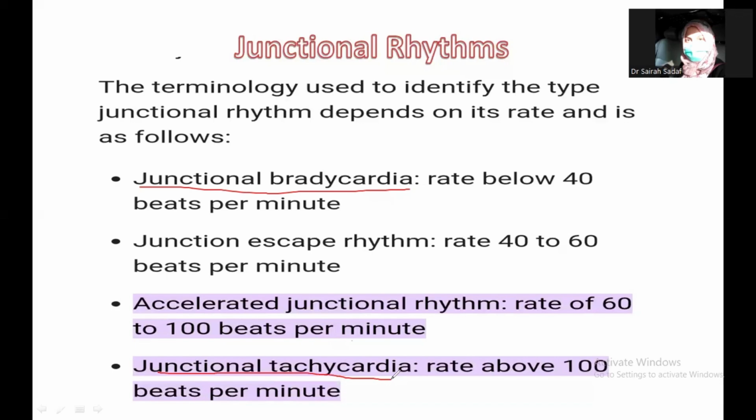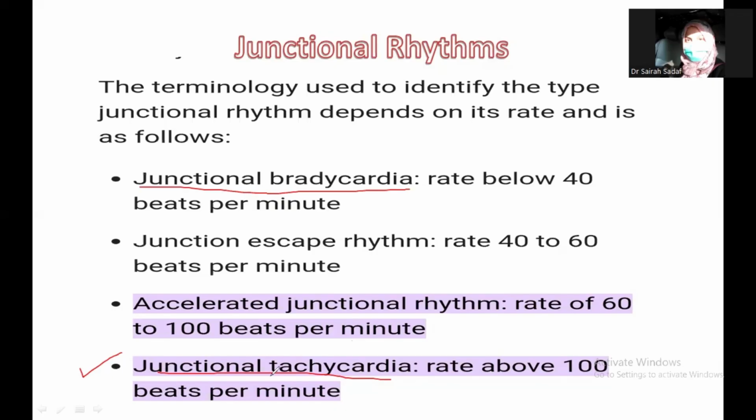Junctional bradycardia you have to differentiate from sinus bradycardia, and in the case of junctional tachycardia, it's quite difficult